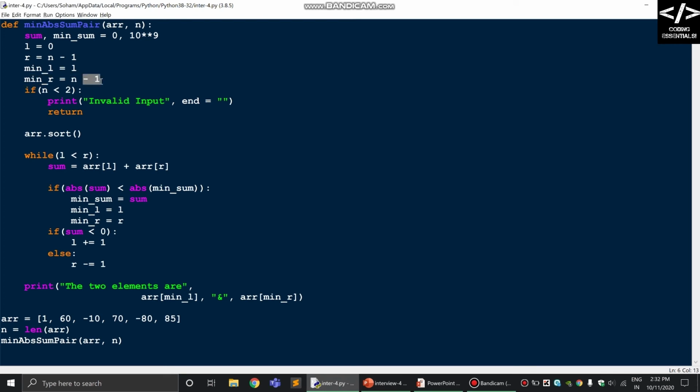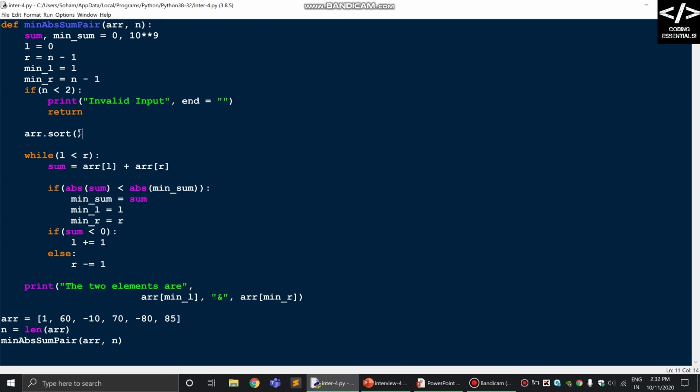You can write R over here, it's one and the same. If n is less than 2, then print invalid input, because if there are only 2 members, then you don't need to check for the minimum sum, since that is the only possible pair.